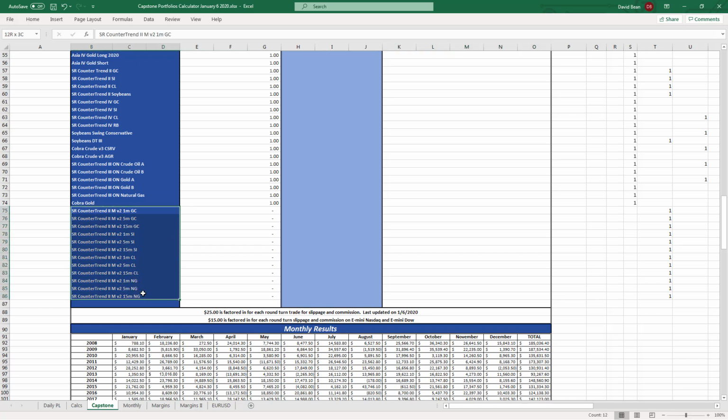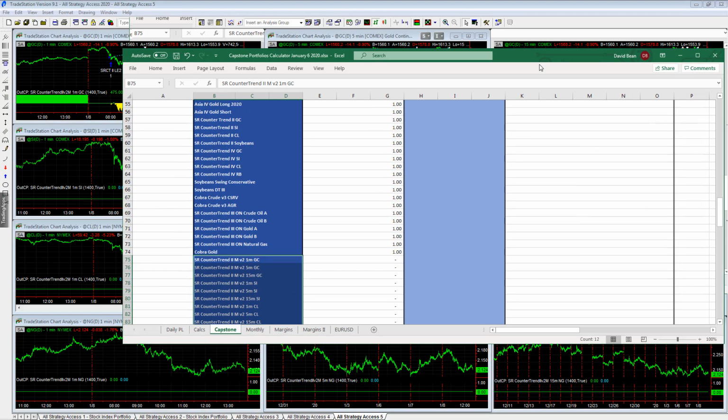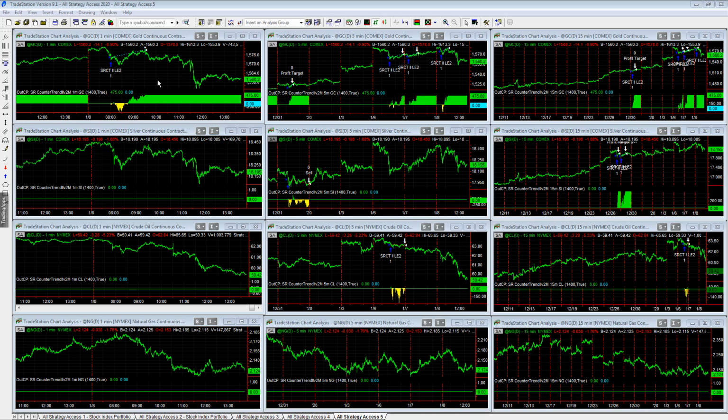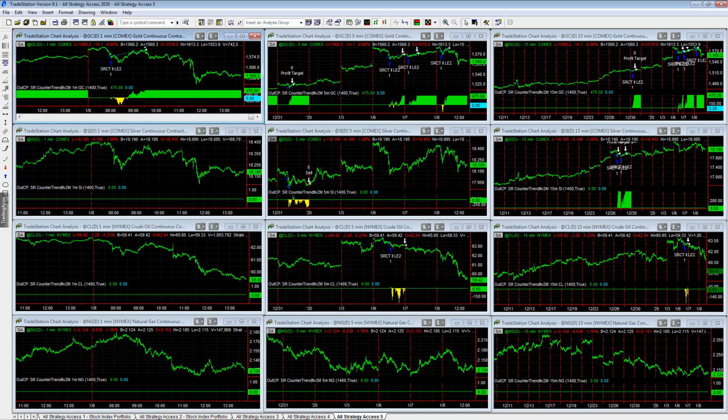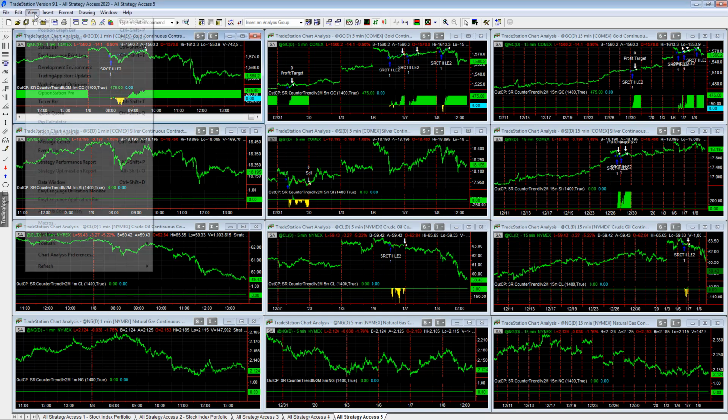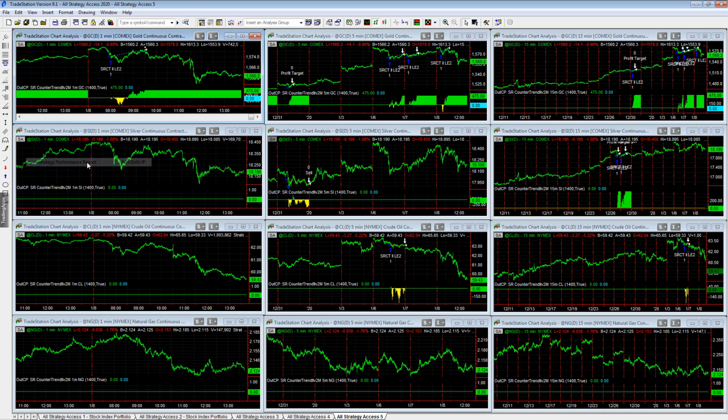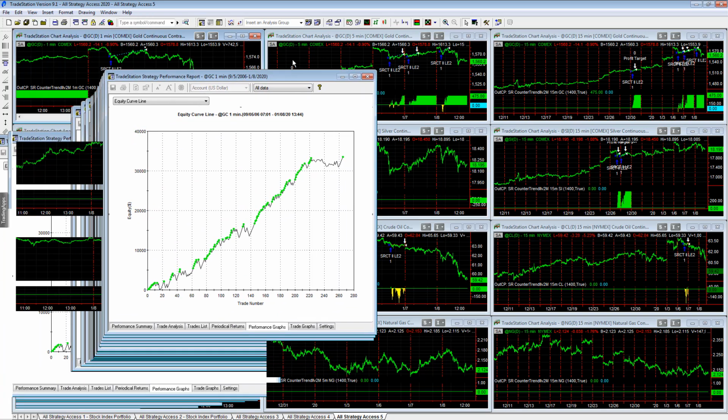SR Counter Trend 2M V2 for gold, silver, crude oil and natural gas on 1 minute, 5 minute, 15 minute charts. They use all the same parameters, and the reports we're about to look at use slippage and commission. So we're going to look at each of these reports, and then we're going to look at the portfolio calculator so you can see the liquid day trade portfolio. And if you have the all strategy access, you'll be getting this